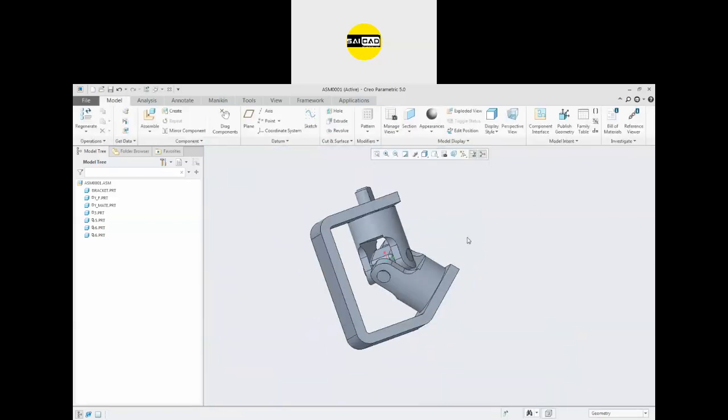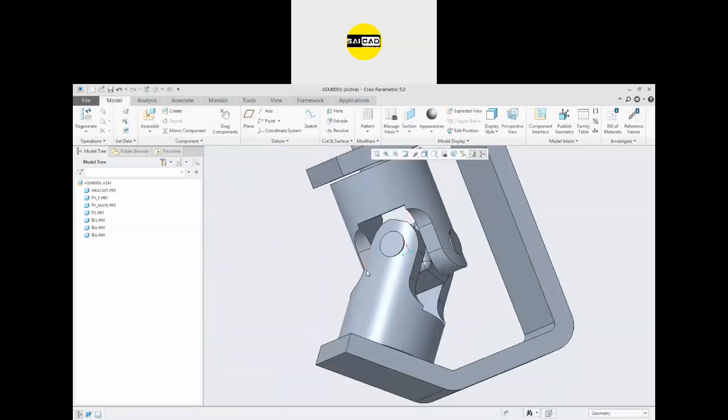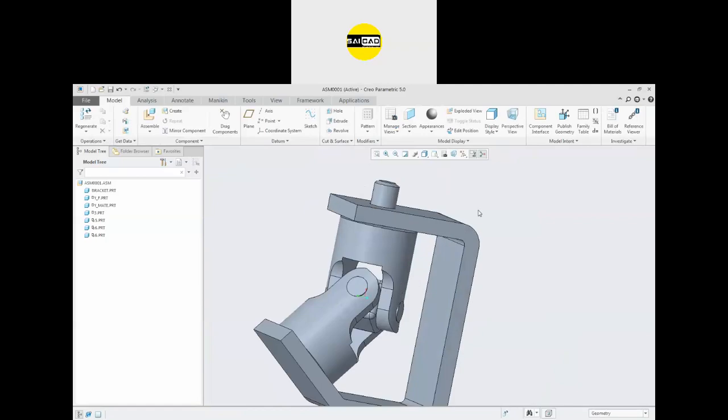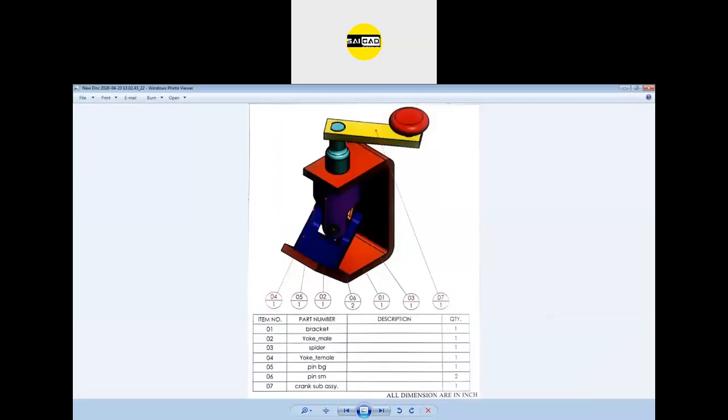Click OK, and here is the part like that. So after that, we have to import the next part, that is this one.